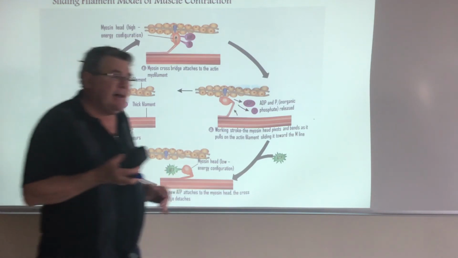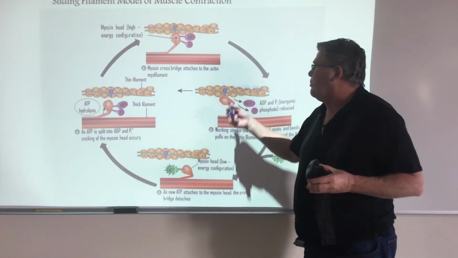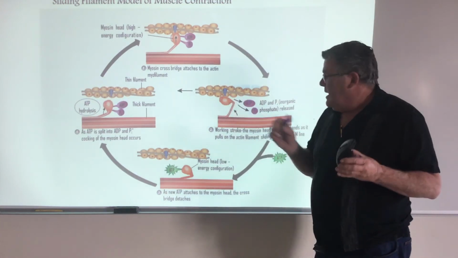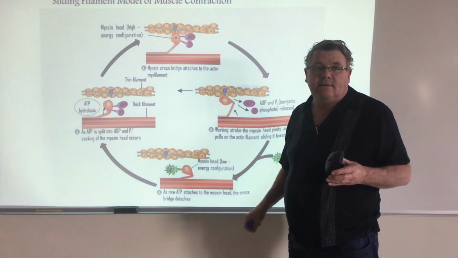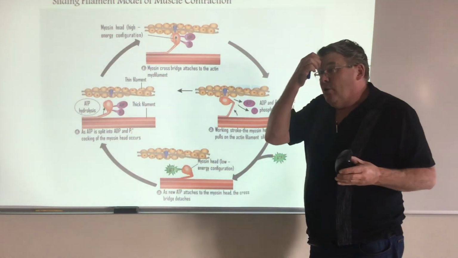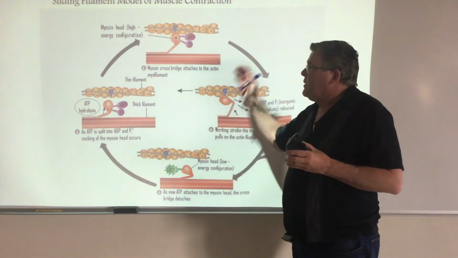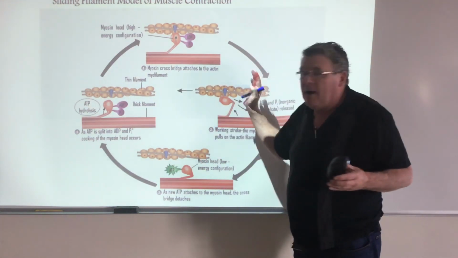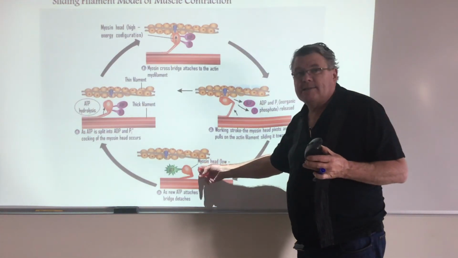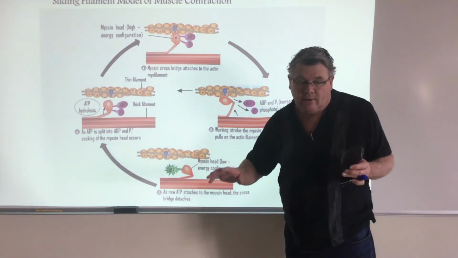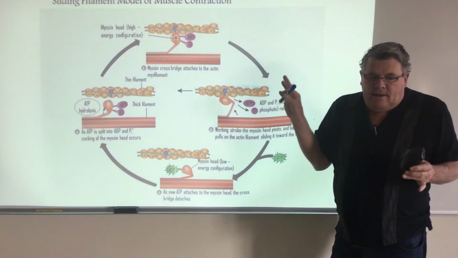ATP, this energy molecule, we'll talk about more, ATP is going to bind and it's going to break the bond. And it's going to reset the position of the myosin. It's kind of normal to think, oh, hey, ATP is involved, that's energy. Well, that must cause the power stroke. It doesn't cause the power stroke. It breaks it, which is kind of weird. This will get us back to rigor mortis in hopefully about 3 minutes.